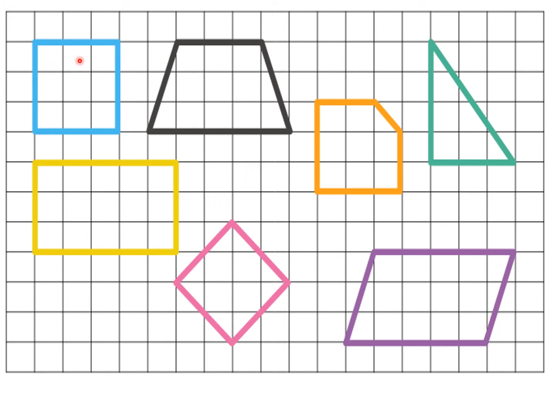So in this way we will place the shapes on the graph paper. See, first there is a square. How many square units are there in that? 1, 2, 3, 4, 5, 6, 7, 8, 9. So that is 9 square units. So area of the square equals 9 square units. In the same way in the rectangle: 1, 2, 3, up to 15. So how many square units are there? 15. So area of the rectangle equals 15 square units. This way we can find the area of all shapes by putting them on graph paper.